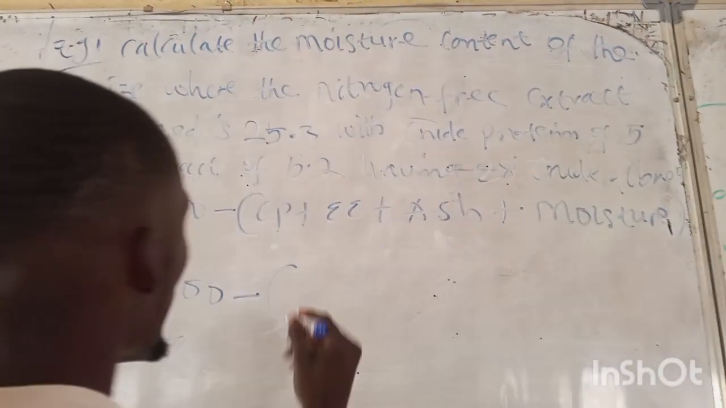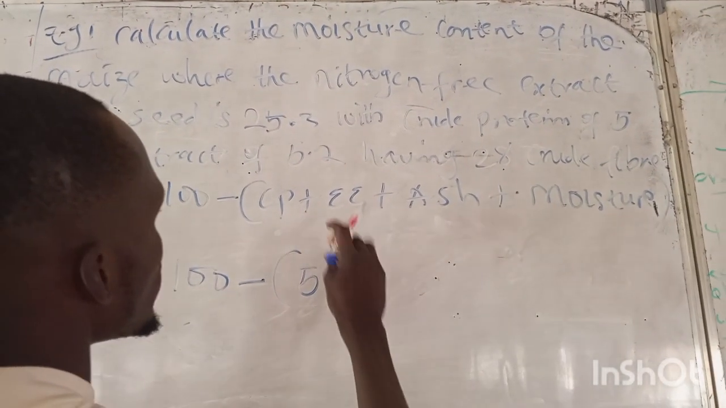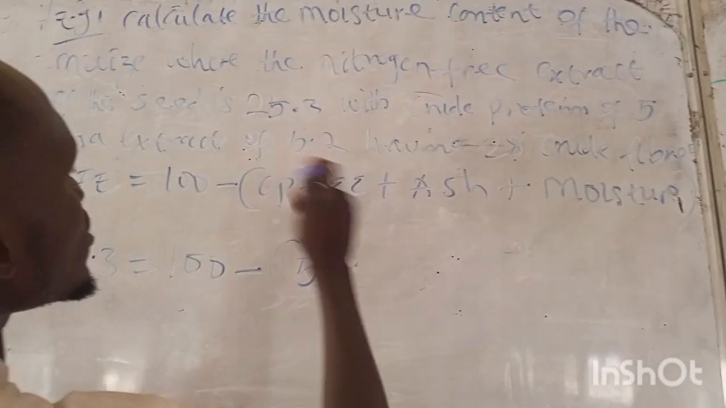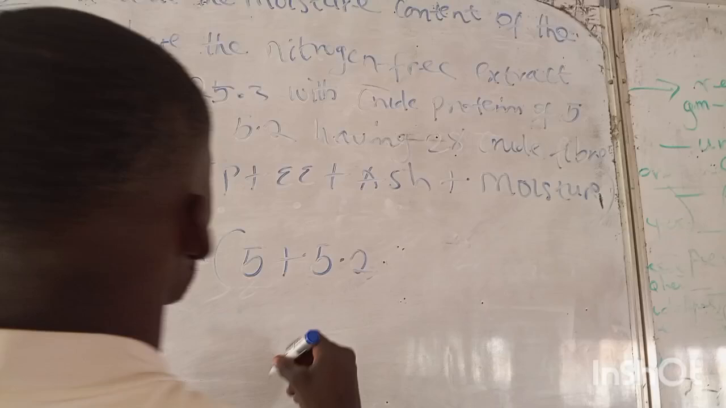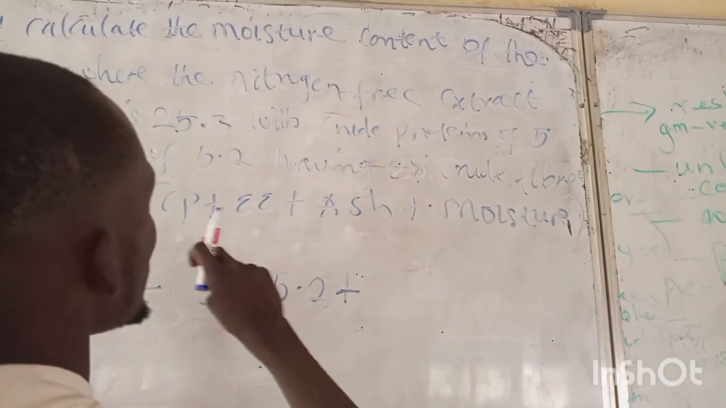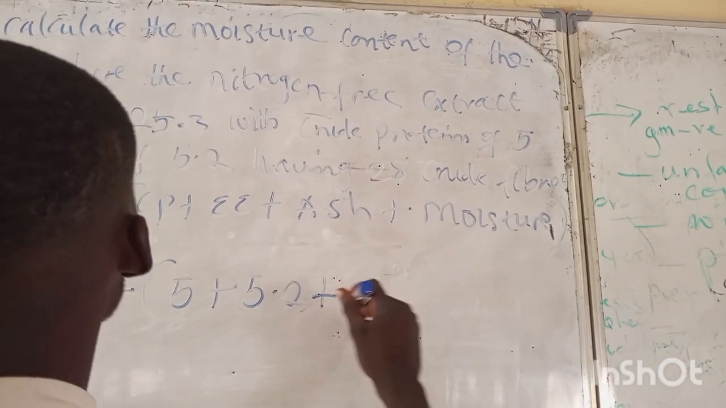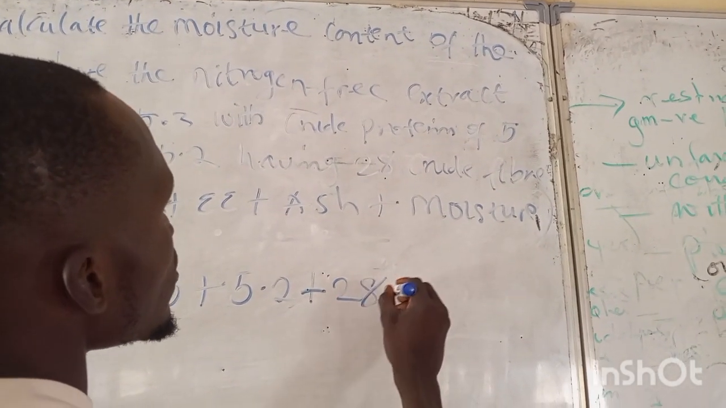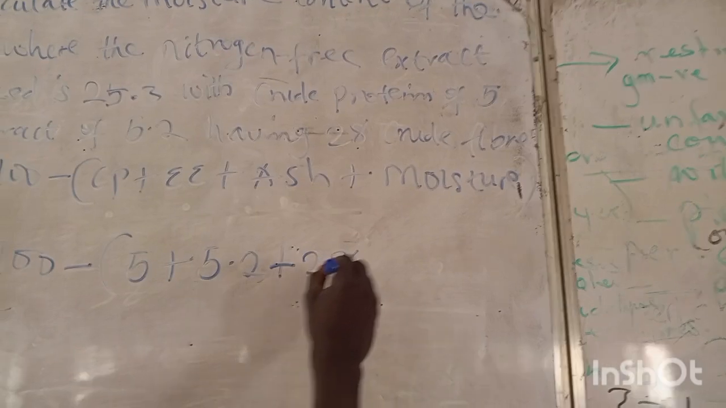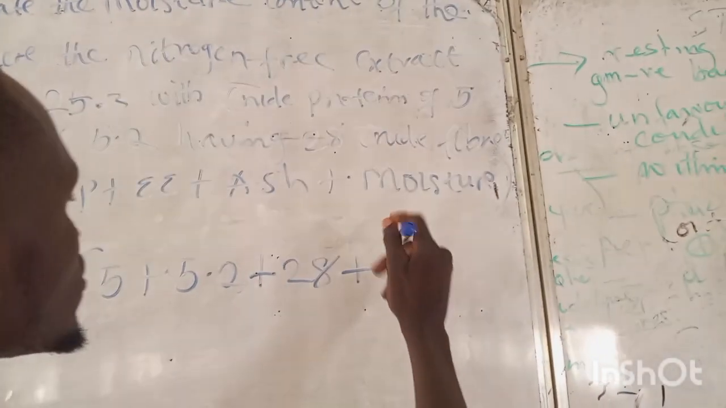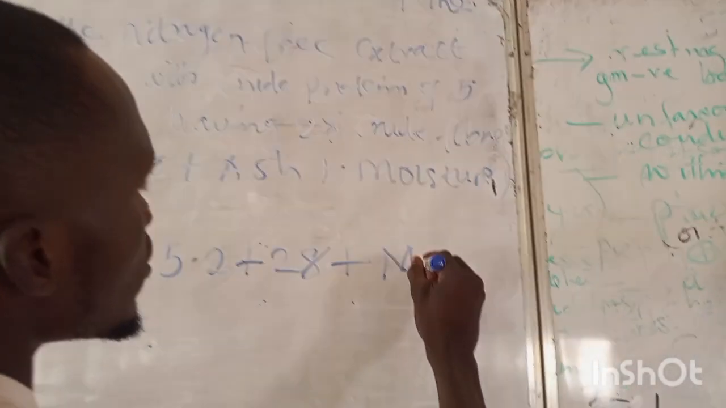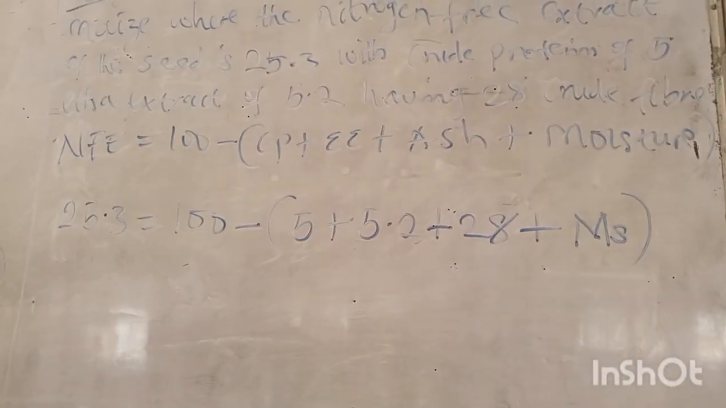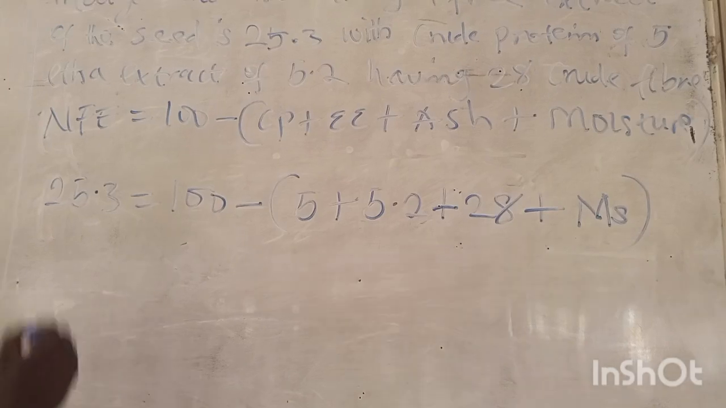The crude protein is 5 plus ether extract. Our ether extract, where is it? 5.2. Ether extract is 5.2, plus crude fiber 28. Crude fiber, 28 point what? Just 28. 28 plus what? Our moisture content is not given, so our MS here is not given. Do you understand now? So how do we do that? We can now say it